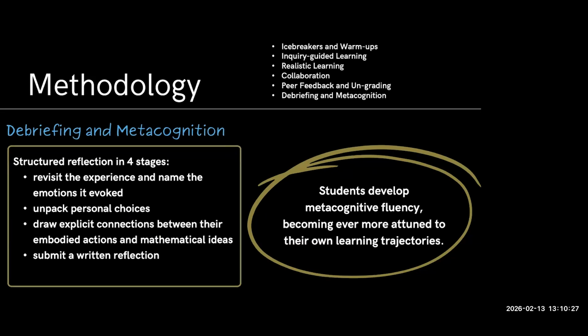Unpacking the personal choices is probably one of the most important things for me. The way that I often ask the question is, what did you notice in the improv? So that feels kind of macro. They'll just say, I did this, or my arm did that, and then, so what is that? How do we unpack what it literally means or what it represents in the mathematical model?